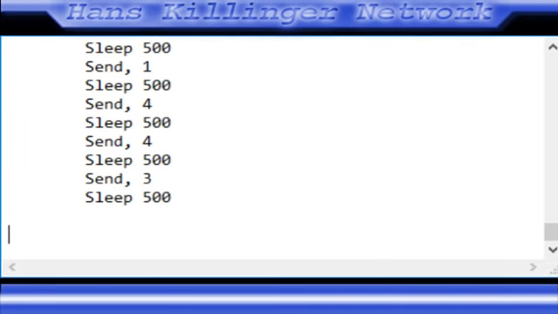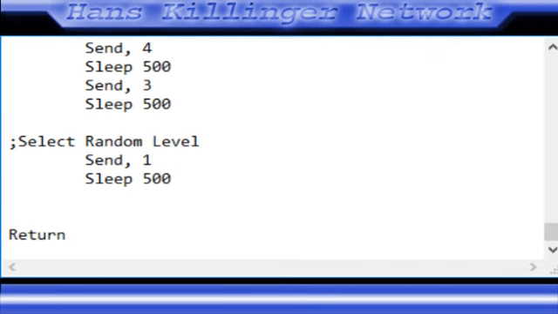our routine here, which is to select a random level. Again, you can add more keys into this if you want to do any other level, but I'm just going to select random, which is the first option to choose from. We're just going to send a player 1 A button and return to let us know that we are done with that key. So key N now is going to run the initialization procedure,